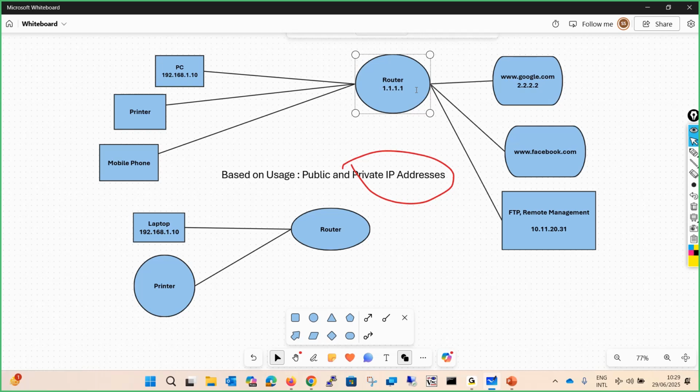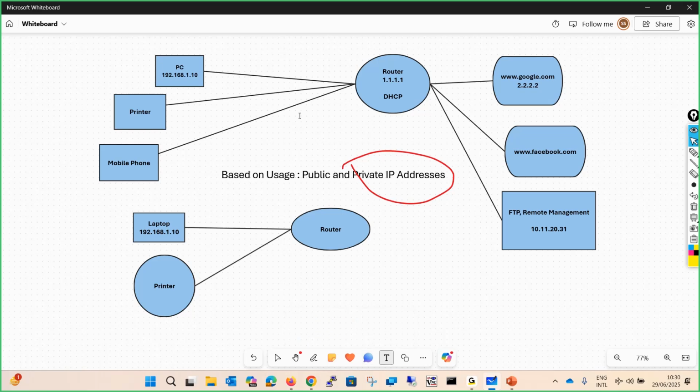What they will do is provide you with the router. One router will be there at your home. Everyone has seen the router, right? Or is there anyone who has not seen the router till now? The router at your home. So this router's job is to provide the IP address to this PC, printers, mobile phone. And for assigning these IP addresses dynamically, the router uses the DHCP protocol,